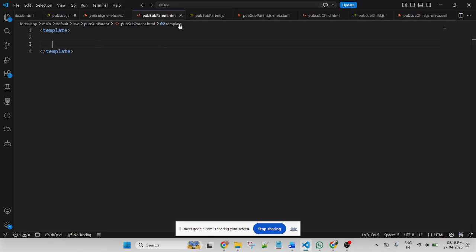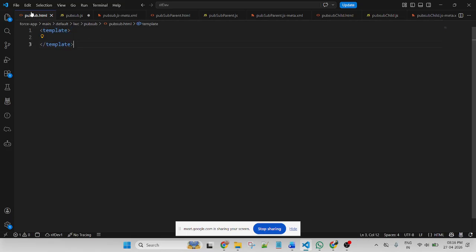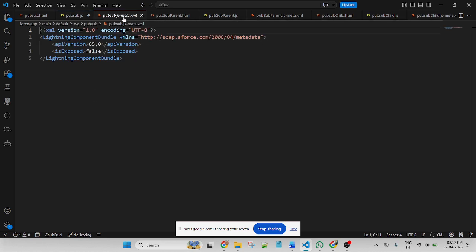This is a parent; in the initial component name, I am starting with pubsub, then parent. Similarly, this is a child, starting pubsub child. And there is another file I created, pubsub. In the pubsub, we require only JavaScript. We do not require HTML or the meta XML file.